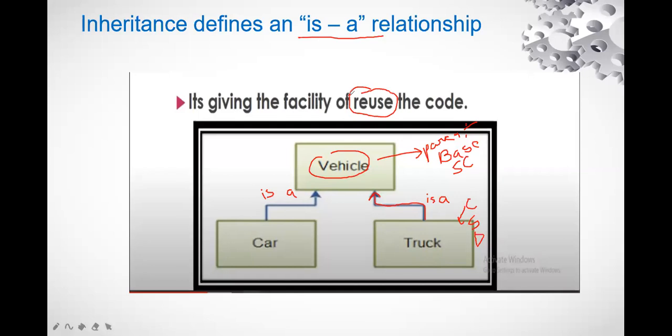So that is what modularity is. And these features are missing in the procedural languages which we were using earlier. So this is a very important feature. Reuse can reduce your efforts. Reuse can reduce the complexity. Reuse can reduce the time taken for coding. So we are going to reduce the time and the effort with the help of inheritance. That is the main advantage of inheritance.